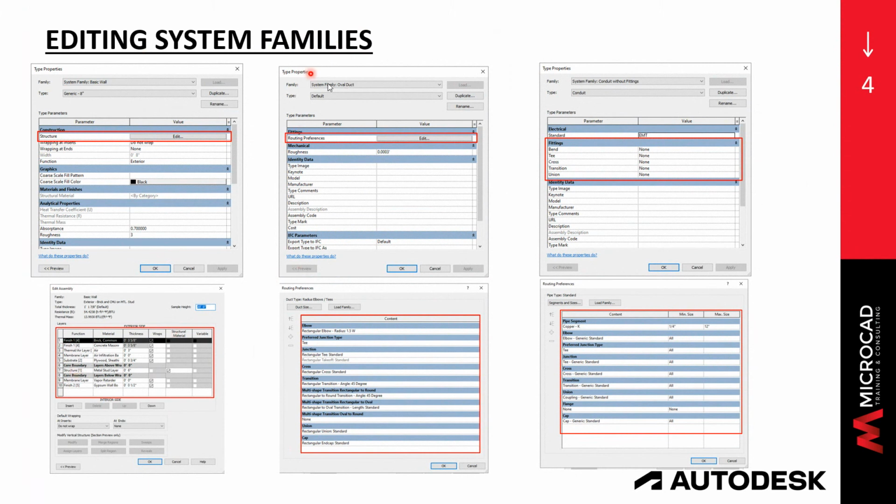Similar to that, for the ducts, you have the routing preferences. Instead of the structure, it says routing preferences. You have the similar edit button. And then you have a dialog box that will allow you to define your elbows and your T's and your junctions and your caps and everything that you need for the ducts. Similar to that, you have